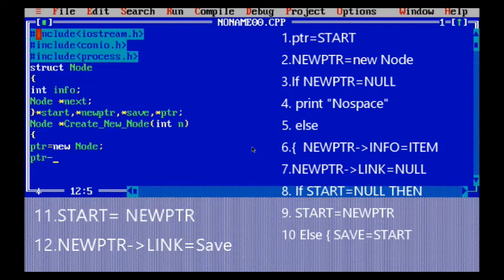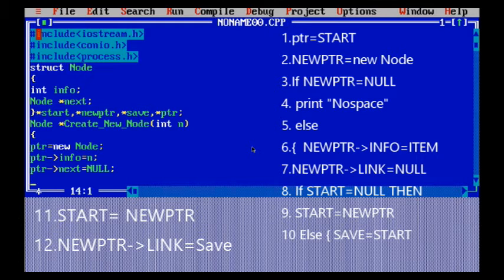As I have told you, we are allocating the memory. For that, we are using this. The ptr info equals n, a variable that is an integer. Then ptr next equals null, because we check that it is storing at that place if we have space in the linked list. If we do not have space, it will show us that there is no variable space.